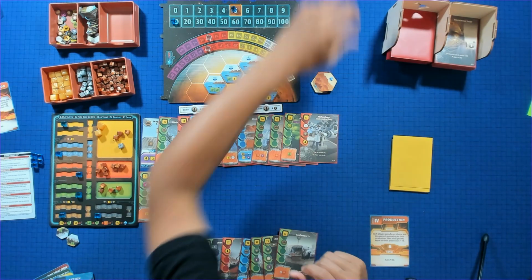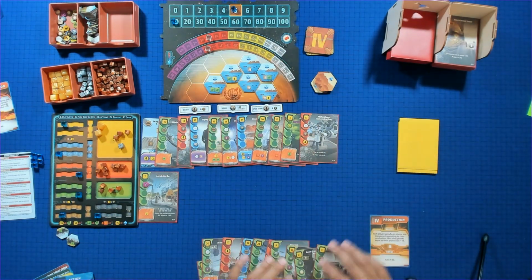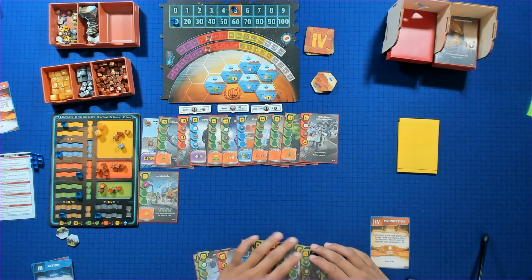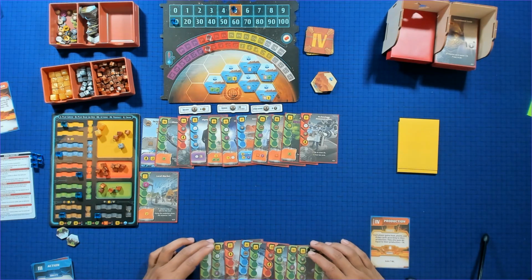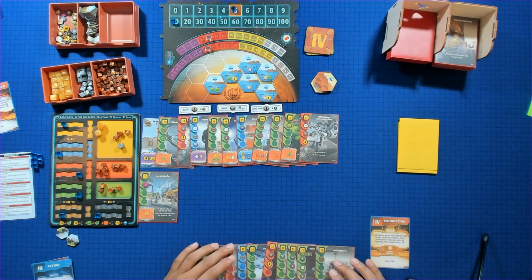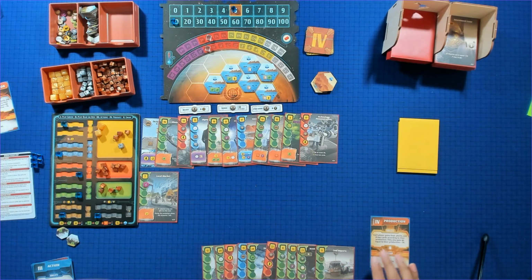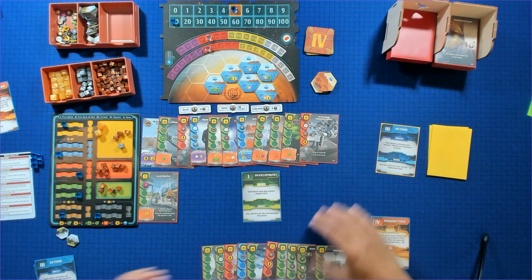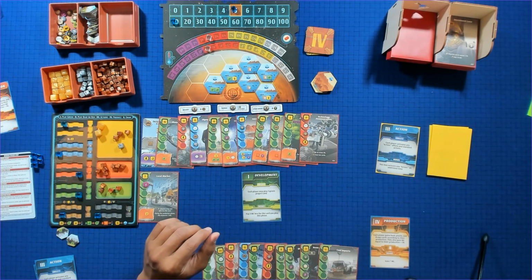All right, round 4. Now the difference with round 5 is that we get to choose what they're doing, so we get to pick the order that their cards come out. Okay, we've got a little bit of money, so I think we go with develop. They're going to do action. So on develop,